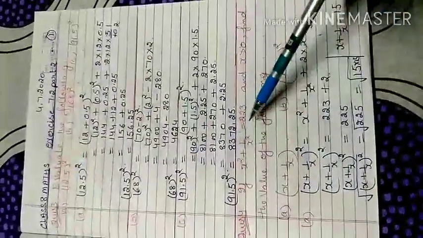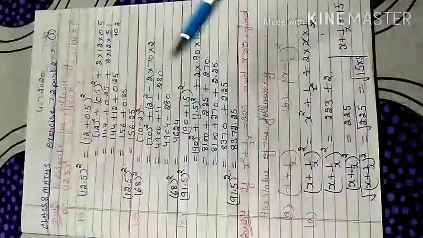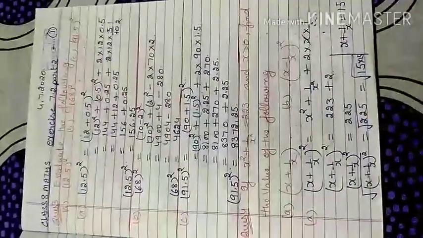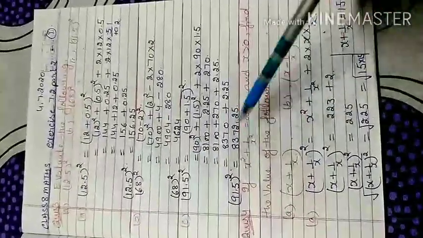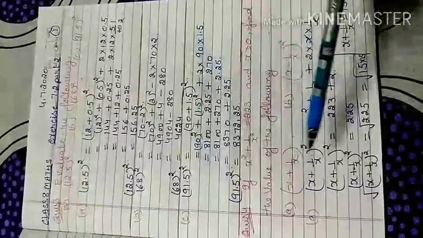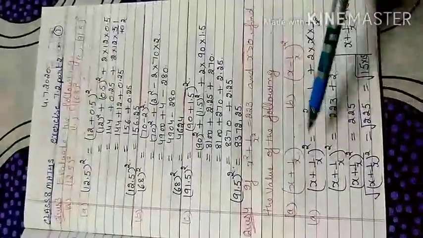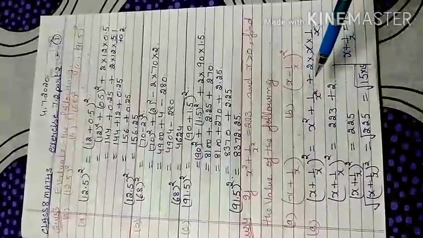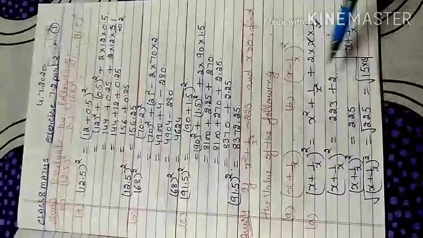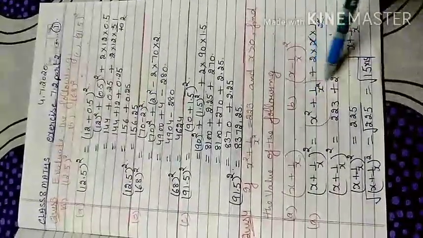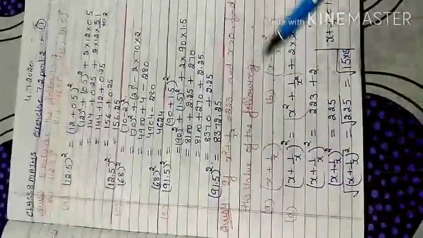Now in your fourth question, it is the same as I just discussed. x square plus 1 by x square, you have given 223. You have to find the value of (x plus 1 by x) or (x minus 1 by x) whole square. If you have to find this value, plus sign is between them and squaring both terms, the square is given to you. So you apply the formula (a plus b) whole square. (x plus 1 by x) whole square gives you x square plus 1 by x square plus 2 into first term into second term. x will be cancelled, only 2 is left, and this value is given to you in my question. x square plus 1 by x square is 223. You directly apply the value.